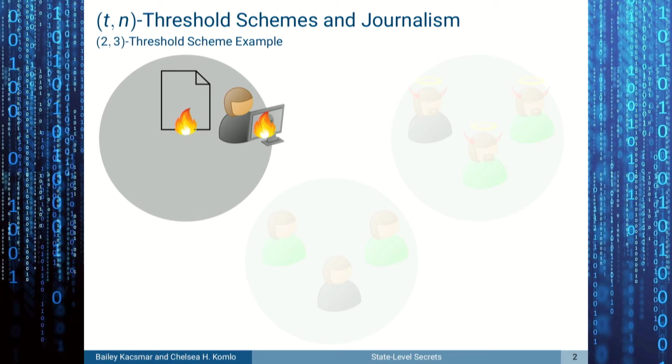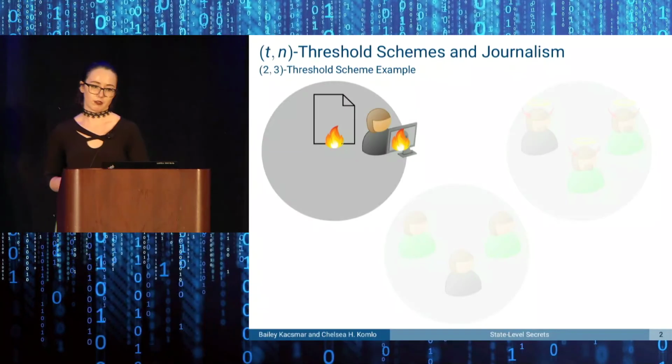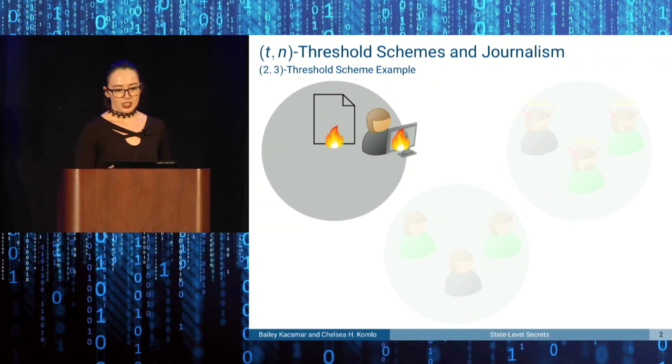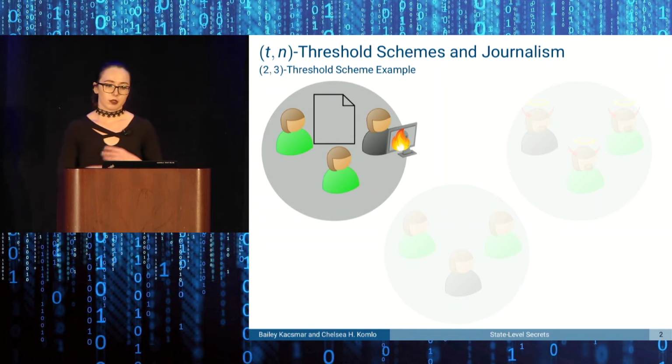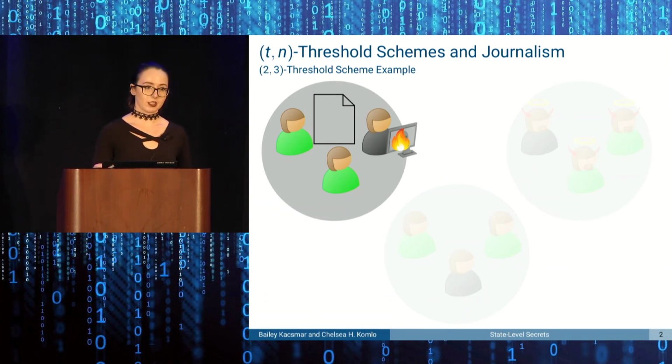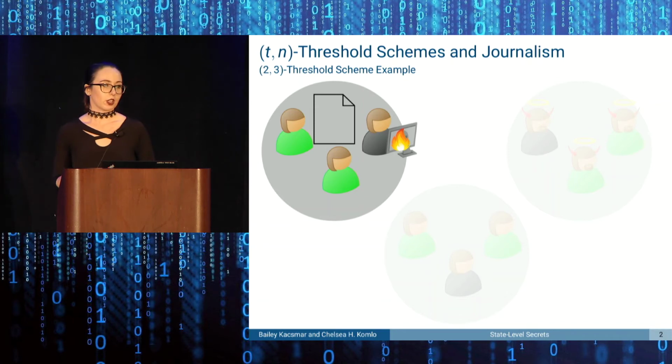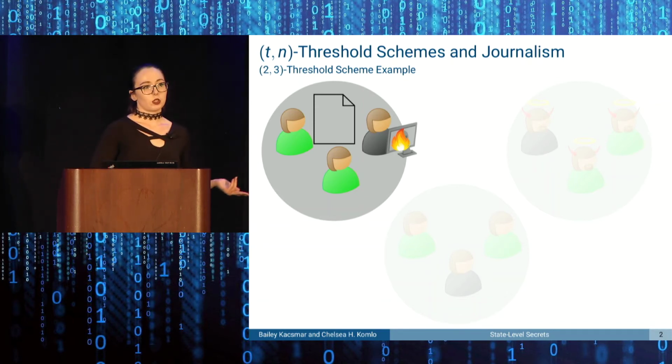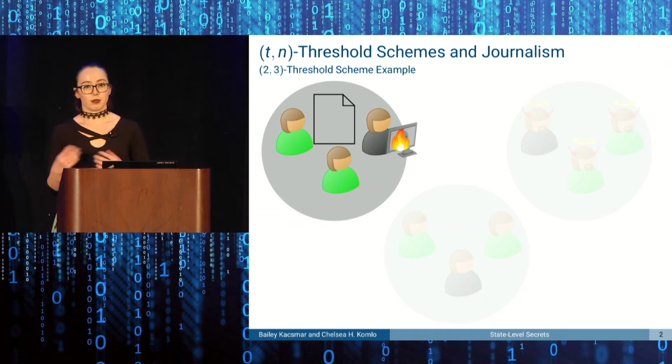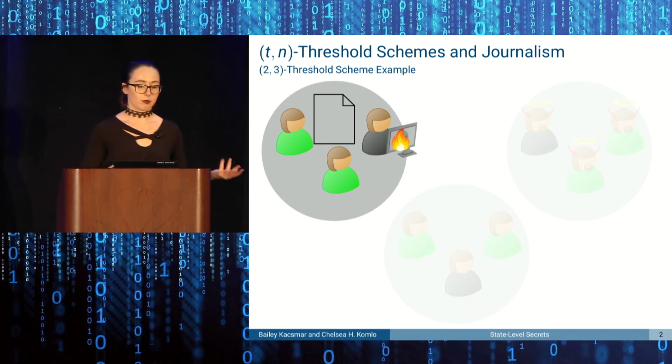So there's this single point of failure if you want to prevent the distribution of this information. If we instead move to a threshold scheme, we can have some level of redundancy added in, and even if one of the participants in this 2-of-3 setting loses their device that had their information necessary to recover the sensitive data, there still remain two others, and the secret information can be recovered and then distributed at the appropriate time